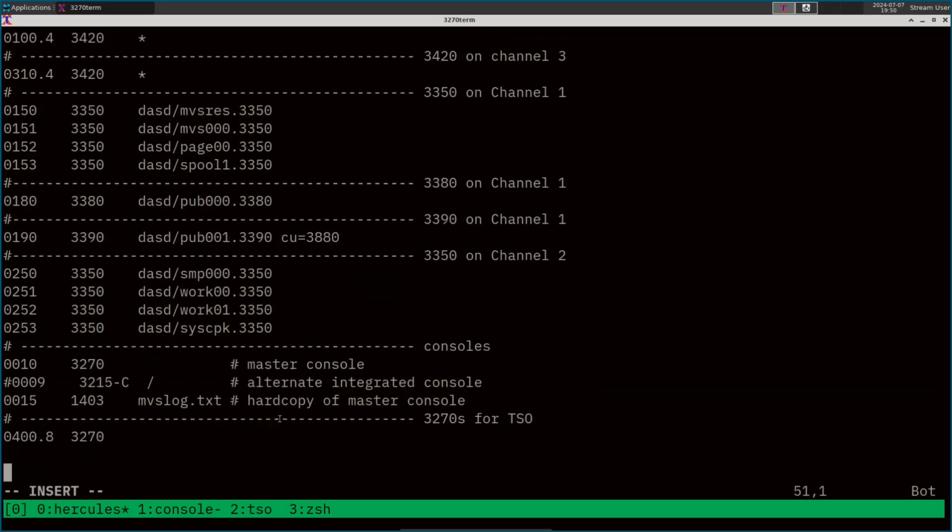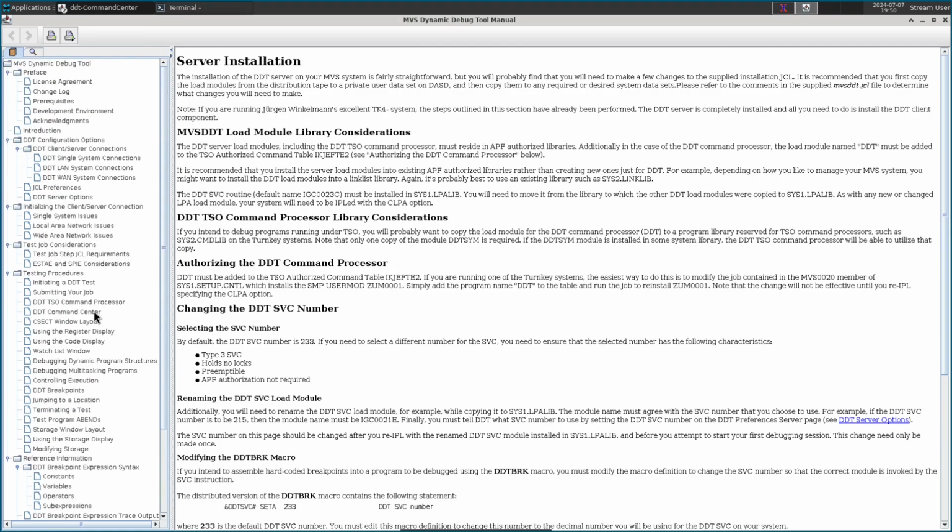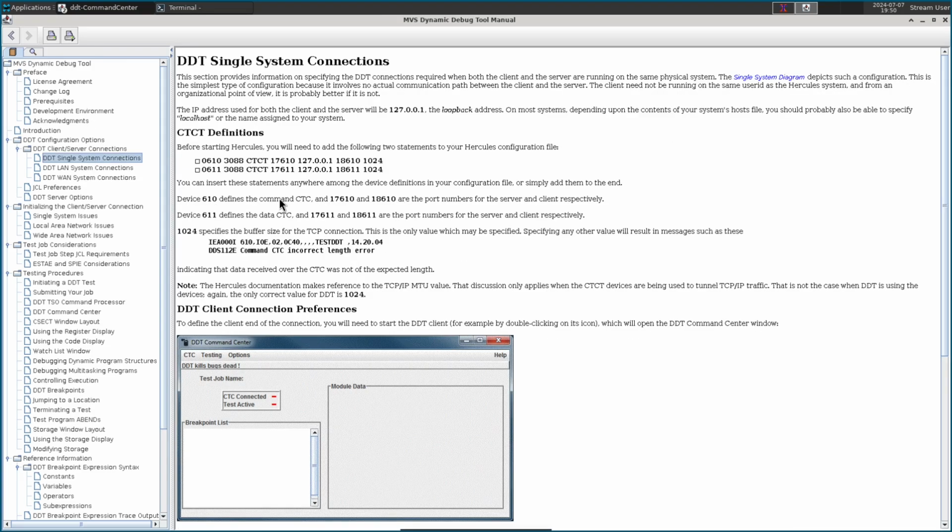And then down at the bottom, I'll add that 500 and 501 device. Now, if you look back in the manual, if you go up to single system connections, here we go. So these are the lines you want to add to your Hercules configuration file. So the device number, remember, we're going to use 500 and 501 instead of 610 and 611. But I'll leave all the ports just the same number as the example because those will match the port numbers we already configured in the client from